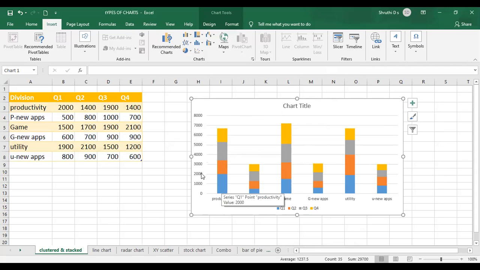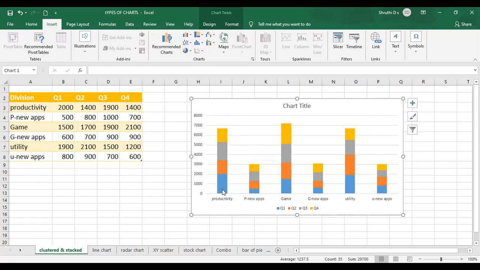In productivity, you have four columns of data. The blue one represents the first quarter, the orange color represents the second quarter, the third one is the third quarter, and the fourth one, yellow color, is the fourth quarter. So within the same bar, all those things are represented.